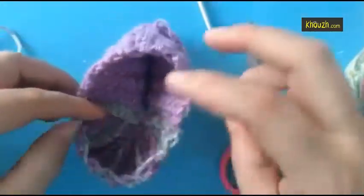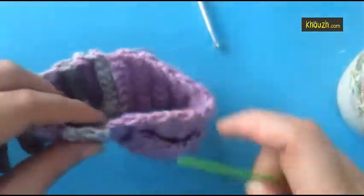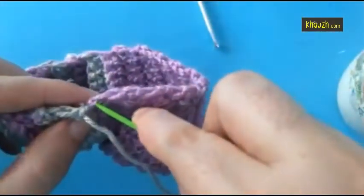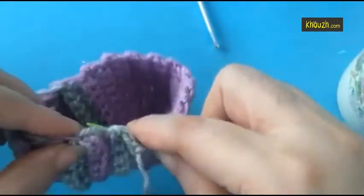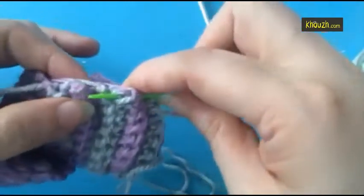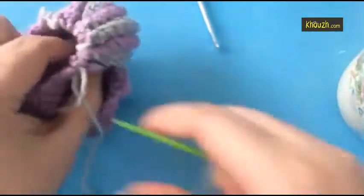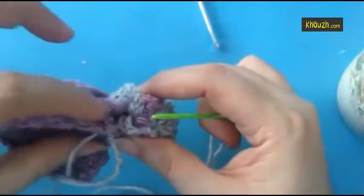Now what to do? Look at this, and from the other side insert your needle and make as I did before, in, out, in, out, in, out, in, out, in, out, again in and out. Now pull it tightly like this. See? Now stitch all these stitches together